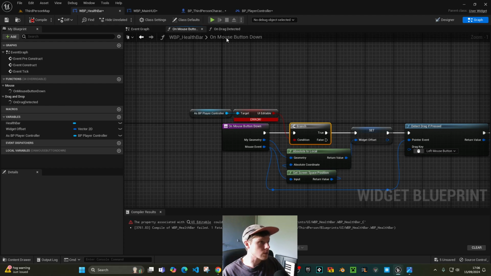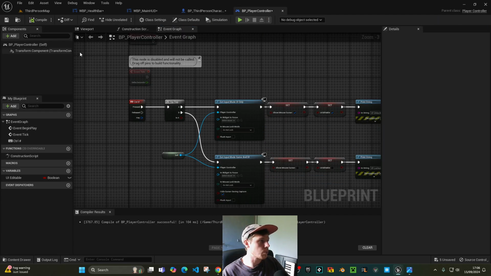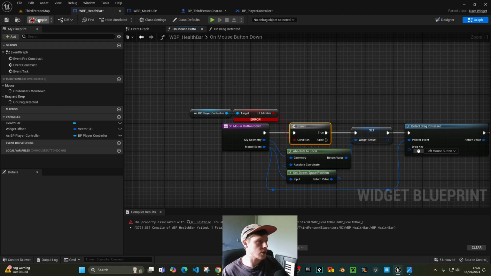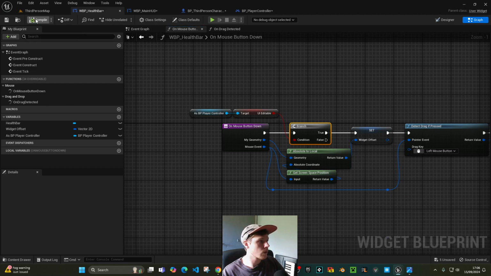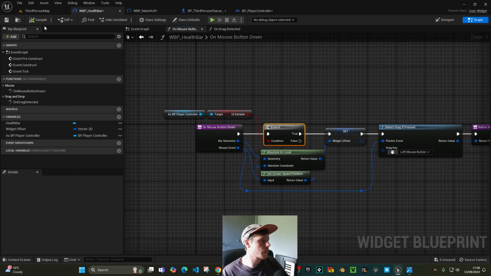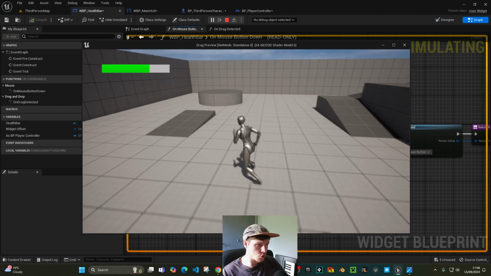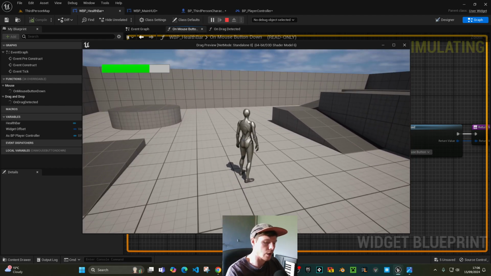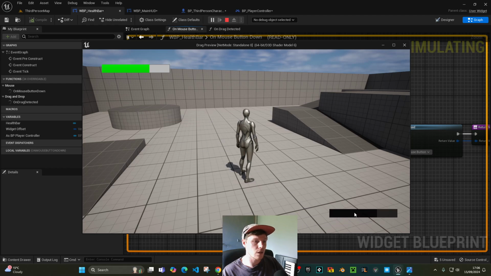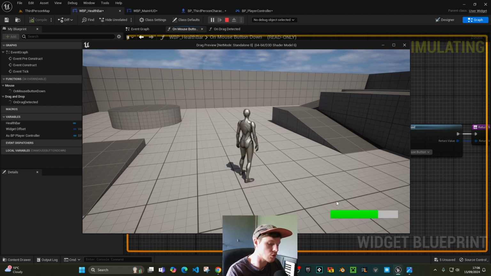Why doesn't it like this? Did we compile? Compile my player controller. Go back to the health bar, compile. Okay, so we didn't compile when we made that variable, so according to this, it didn't exist. So now if we compile again and press play, so we can run around, play the game, hit control and hash, you can see the UI has been unlocked. My cursor's now appeared. I can drag this and pop it down there, and then I can press control hash